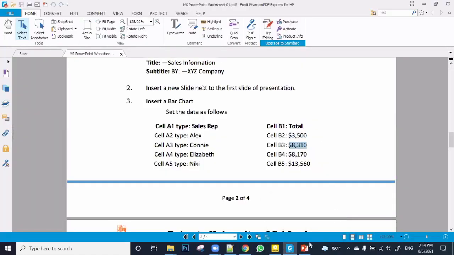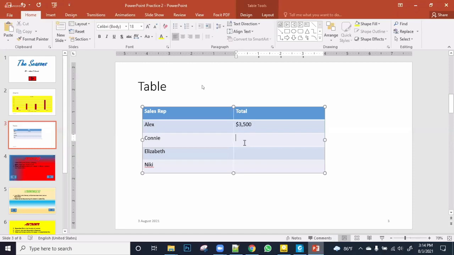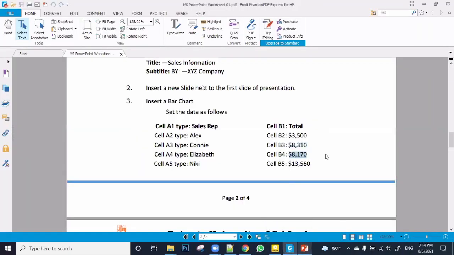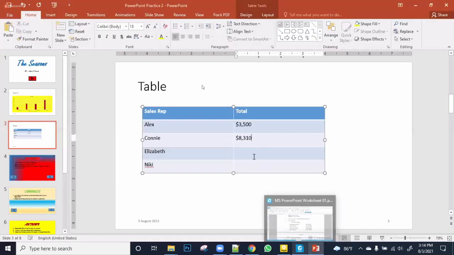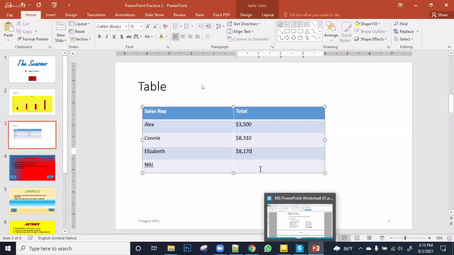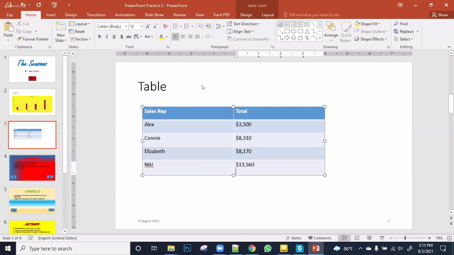$3,500, $8,310, $8,170, and $13,560. Right. Likewise, you can change. So